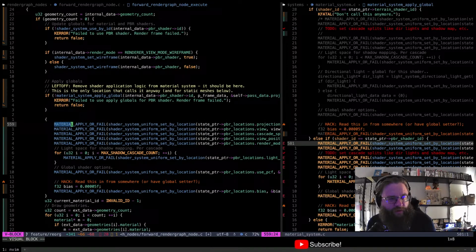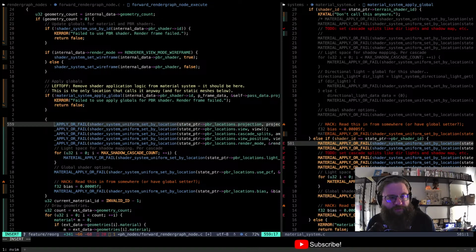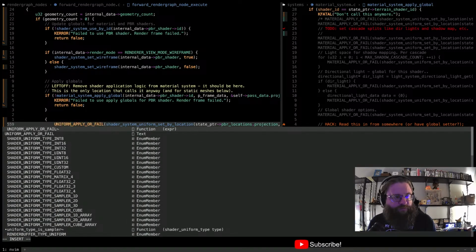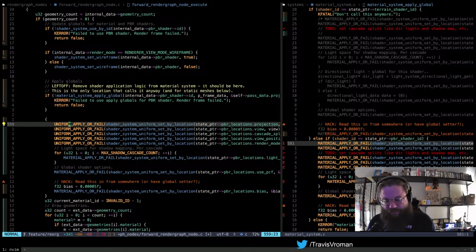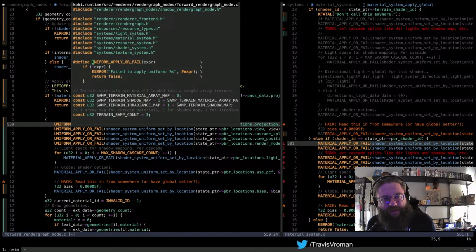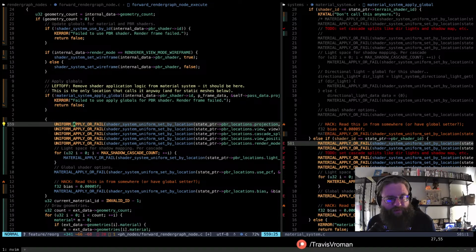So I'll take all of these, and we actually have a different version of this called uniform apply or fail. And just so we can see what that is, this uniform apply or fail is basically just a macro that makes things a little bit easier for us. So it checks that the return value of that is true, and if it's not, it throws an error saying it was trying to apply the uniform, spits out the code where it was trying to do that, and then returns false, right? That's just so that we don't have to repeat that again and again here.